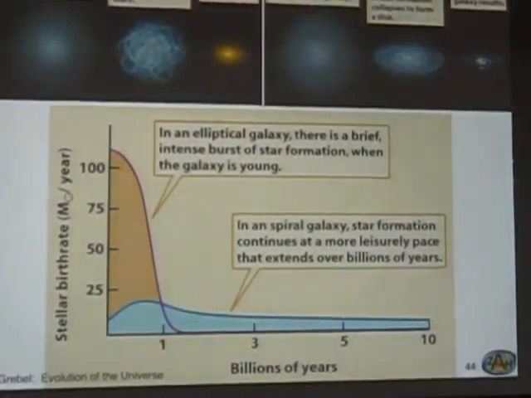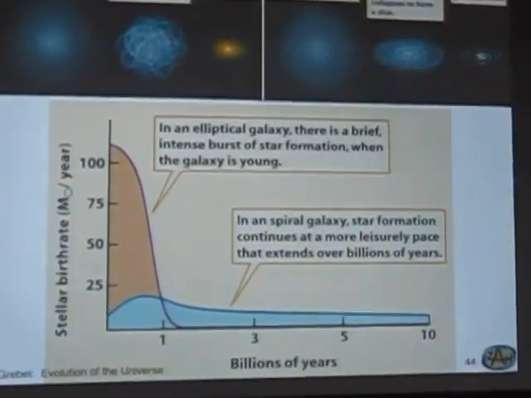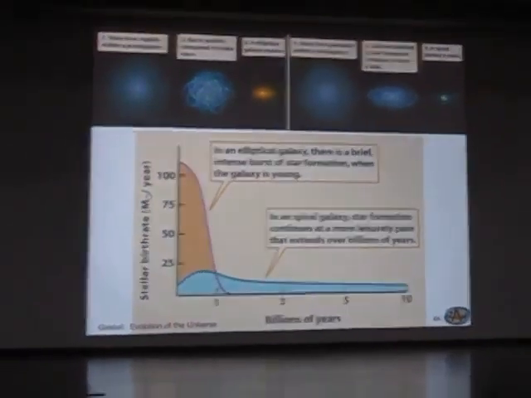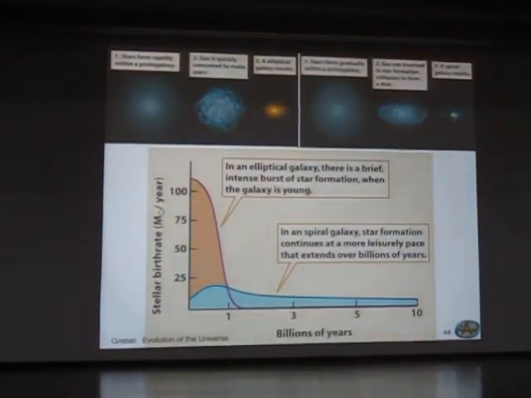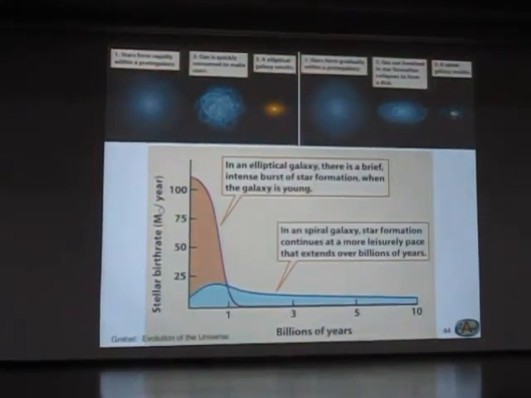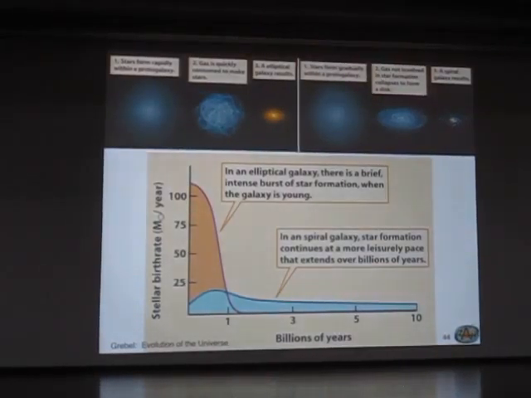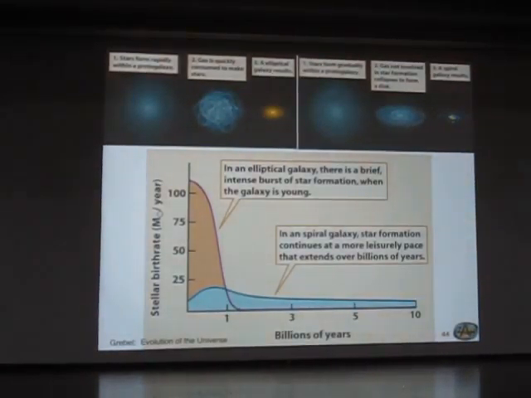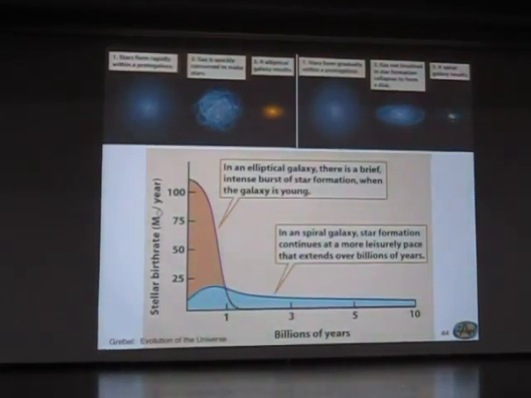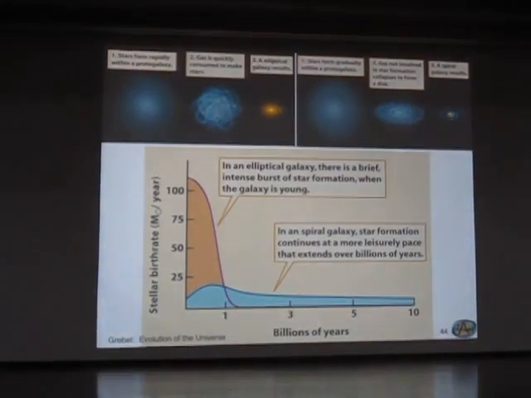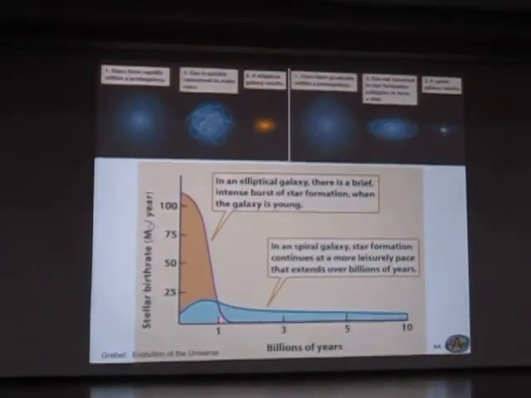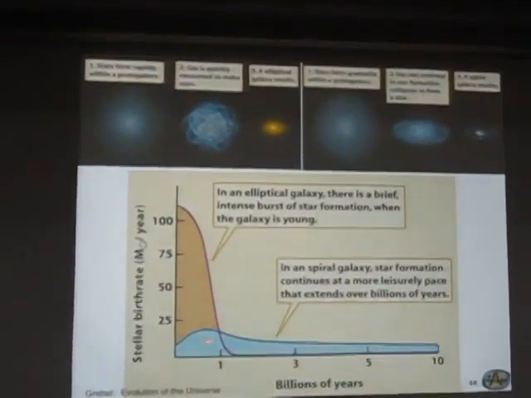If we go one step further here and compare the overall star formation histories of elliptical galaxies and spiral galaxies, what we find typically is that elliptical galaxies formed most of their stars early on, at early times. So we find mainly relatively old stars in the present-day universe in these kinds of objects. That is indicated over here.